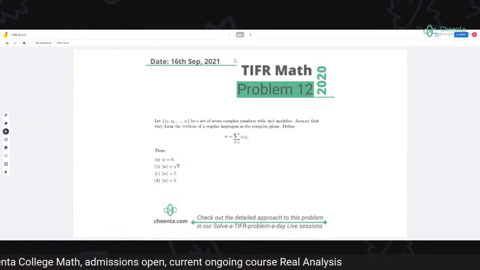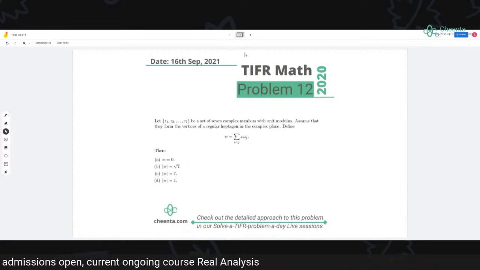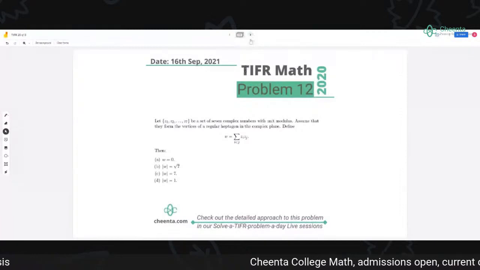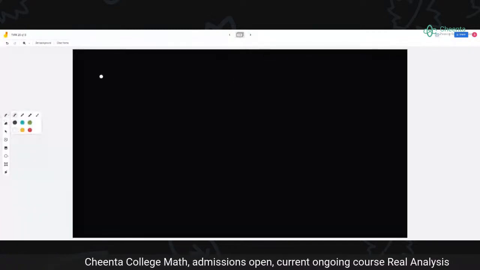So the moment it says this, that they form the vertices of a regular heptagon and these are of unit modulus, what do you say? What should we take from these two things? That unit modulus